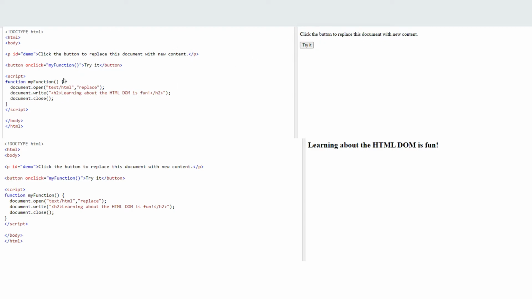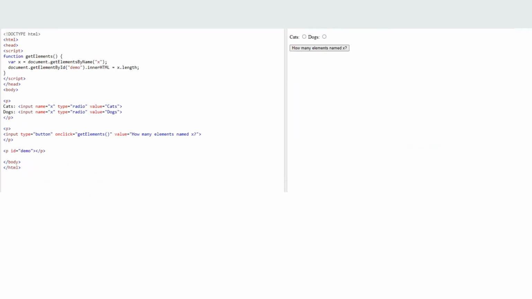So this button no longer exists. We just get a whole new text. So when you click it, the outcome will be learning about HTML DOM is fun. No button. Everything's gone. You just rendered basically a new page. On the second example,